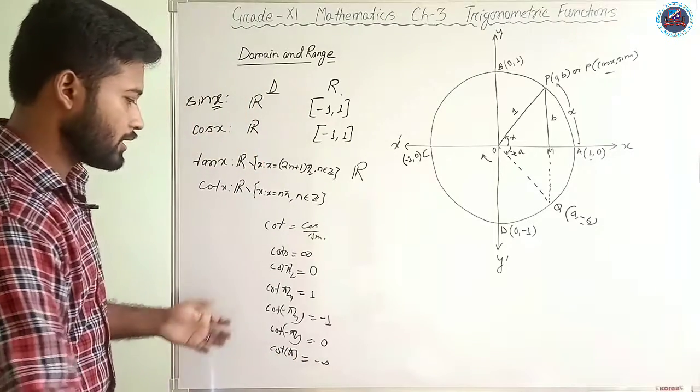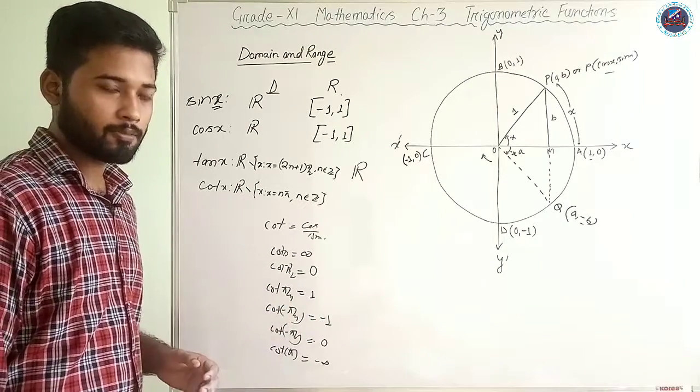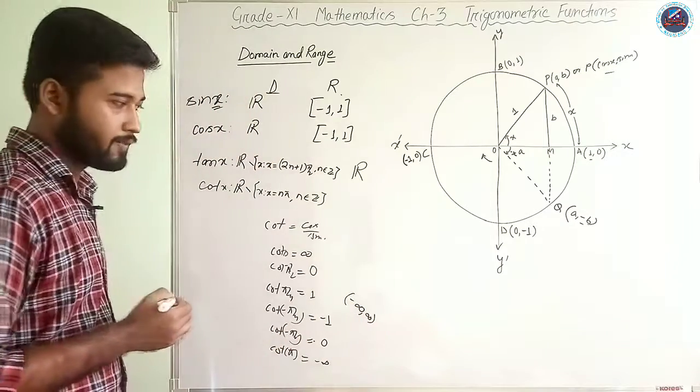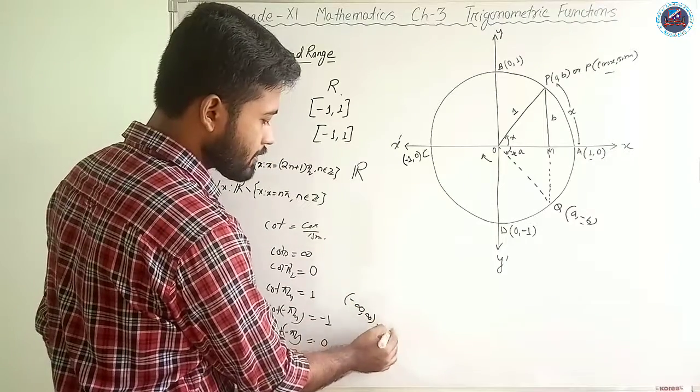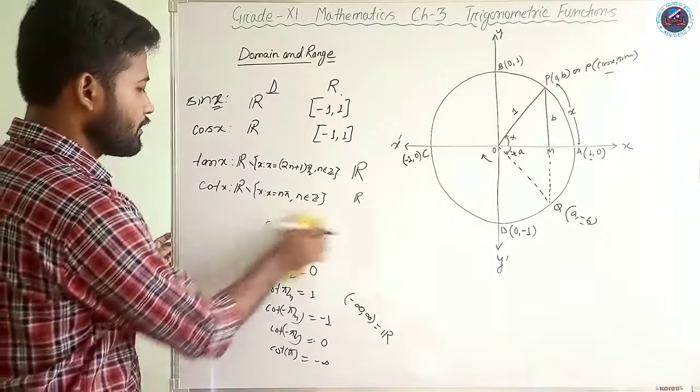Okay. So thus we can see that cot also assumes all the values starting from minus infinity to plus infinity. That means the interval minus infinity to plus infinity. So this is actually the set of real numbers, same as that of tan. So next we have